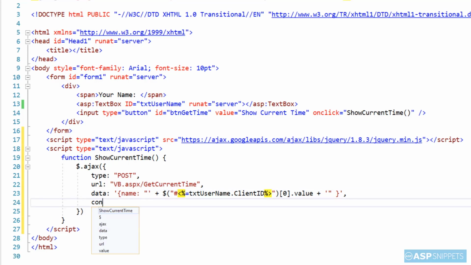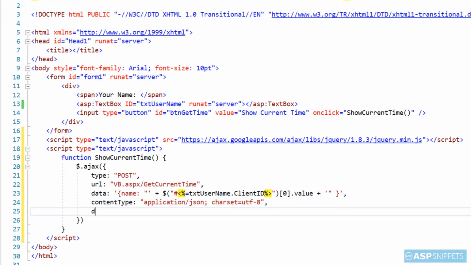Then I am specifying the content type, which is application/json, as the format of the data we are sending is in JSON format. The next property is dataType.